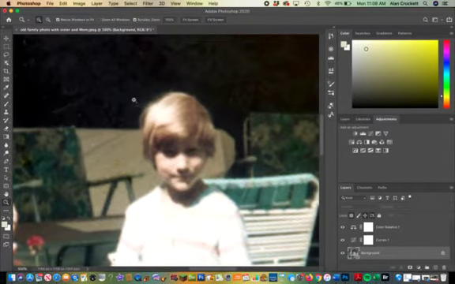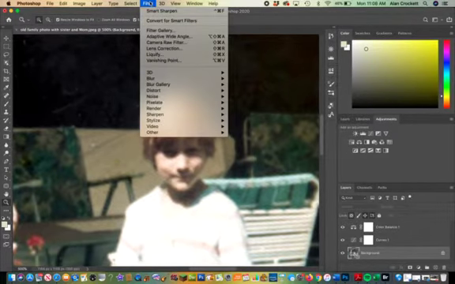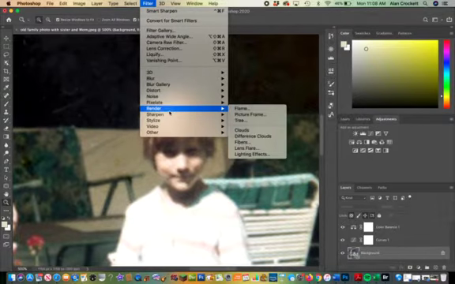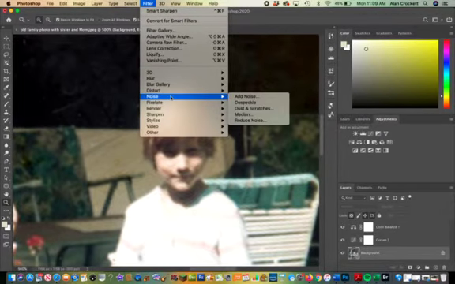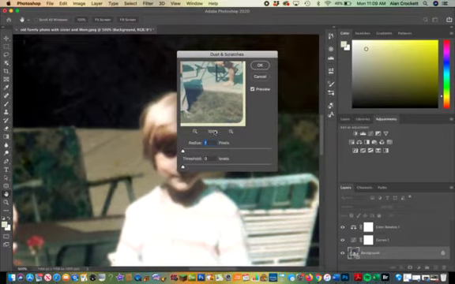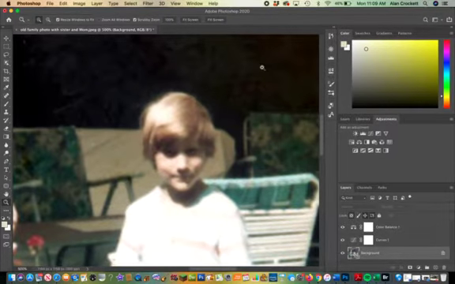And so I think the last thing they did was, what was it called? The noise, dust and scratches. Get rid of dust and scratches, and you can throw that in there, and that kind of gets rid of some of the dust and scratches automatically for you. But I think the healing brush tool is a much better one to use. So anyways,